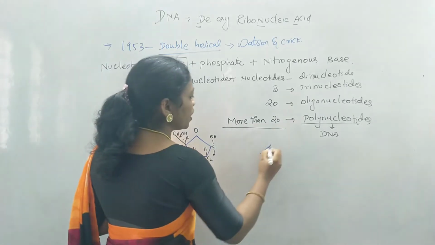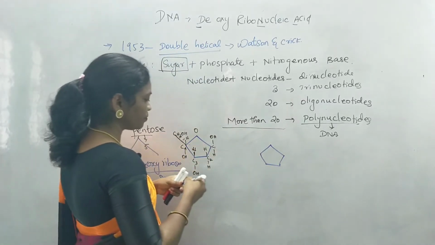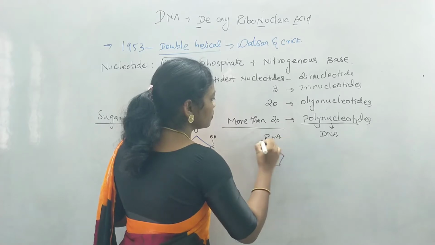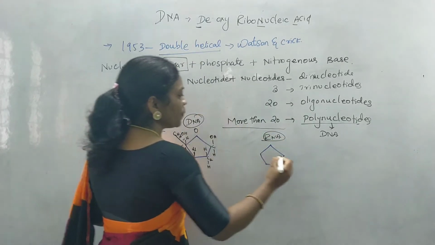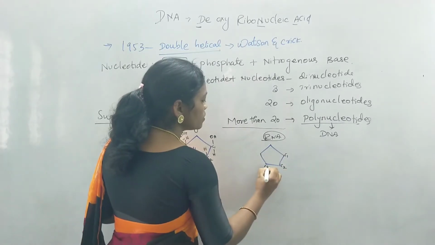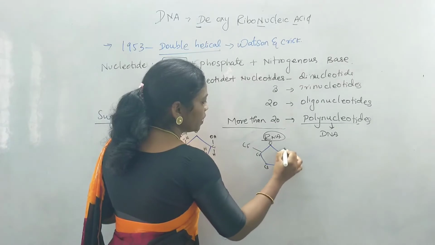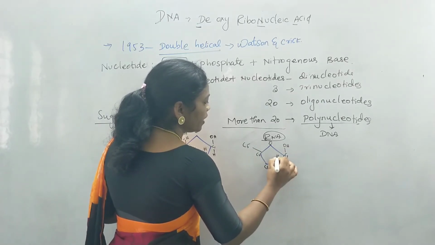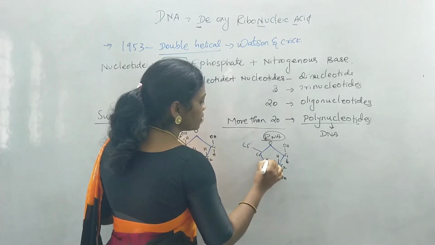When you draw the structure of the RNA pentose sugar, you can find a difference. This is RNA, and this is DNA, the pentose sugar present in DNA. C1, C2, C3, C4, again one carbon is outside the ring, one oxygen atom, and here they are connected with a hydroxyl group and hydrogen, and here again one more hydrogen, and here is a hydroxyl group, here again a hydroxyl group and hydrogen.